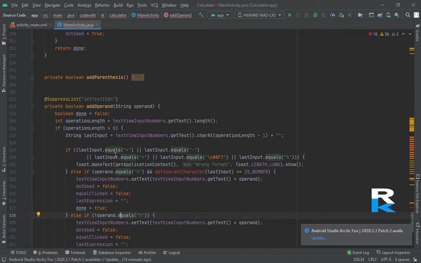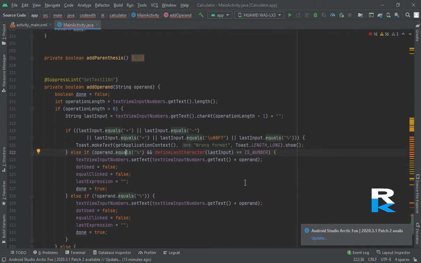Whenever we are entering a plus, minus, or multiply, this one is for divide. This is the notation of the divide button. If the last character is any one of these, it should show the toast "wrong format". If that is equal to this percent, it should show our number and add the operand.